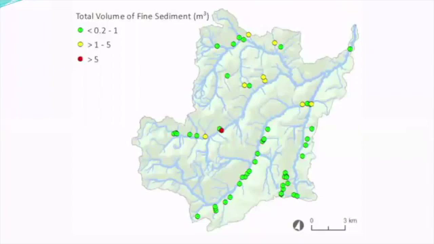This map is an example to show you what kinds of things can be done with the assessments. You can map out how much sediment is being generated at each site in your watershed and visualize where the low levels and high levels of sediment are getting into the water system. On this map, low levels of sediment generation are the green dots, yellow intermediate, and red dots are high levels